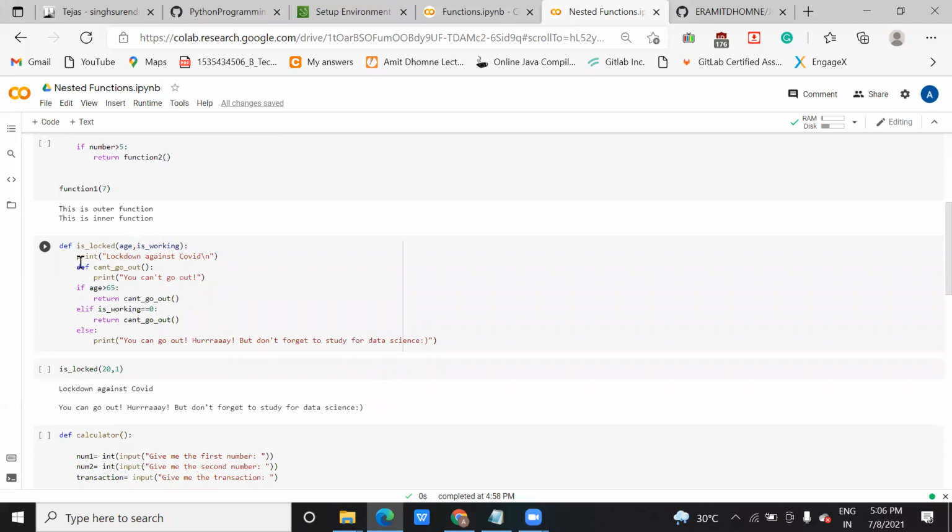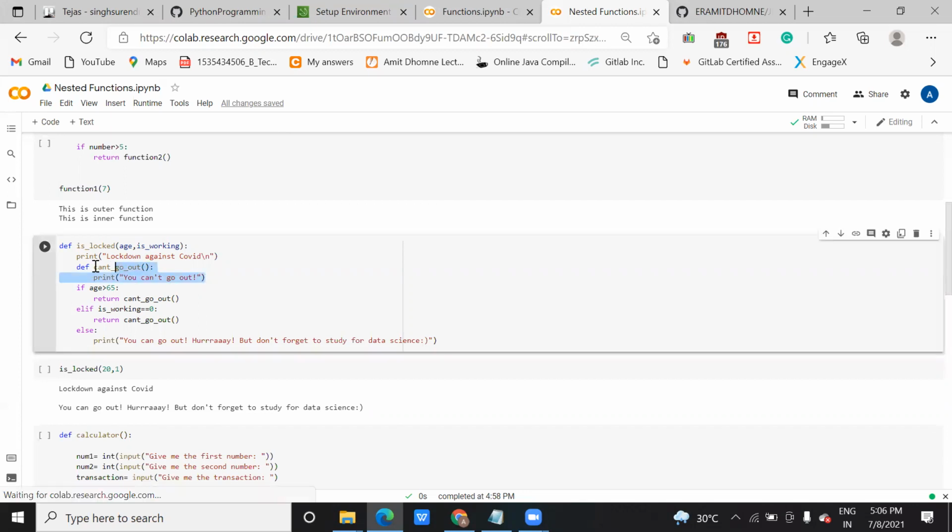Then it will read this statement. The compiler will read it, but it will wait for the function to be called. Now it checks: is 20 greater than 65? No, so it won't come here. Is is working equal to 0? No. The else part will be executed.